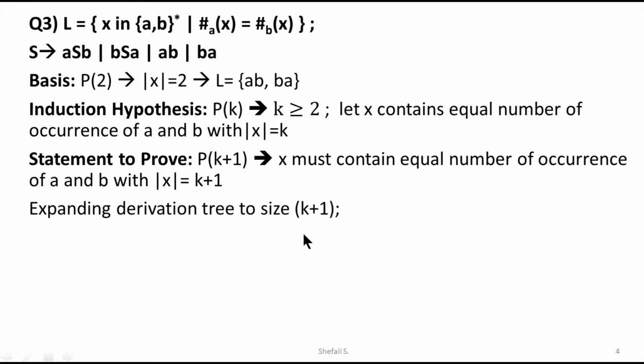Suppose we want to expand a tree to the size k plus 1. How can we expand? The expansion will require further application, because for the base condition we have taken, it is the ultimate expansion, AB or BA. From there, there is no further room for expansion. But perhaps if we select A as B or B as A, actually this is a very simple example. Looking towards the productions, whatever the A's are, it should follow the number of B's. The first production gives justice to the string starting from A, where the second gives justice to the string starting from B.